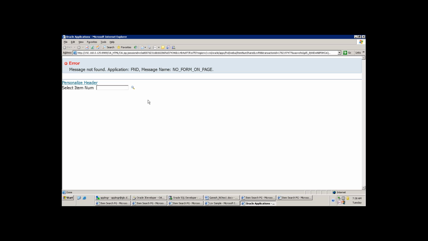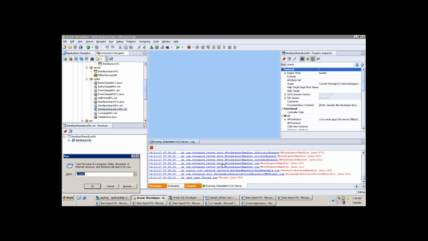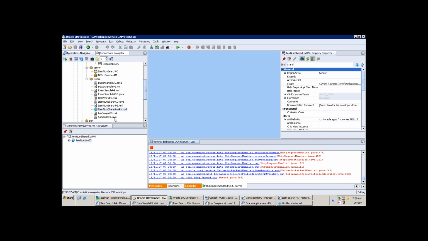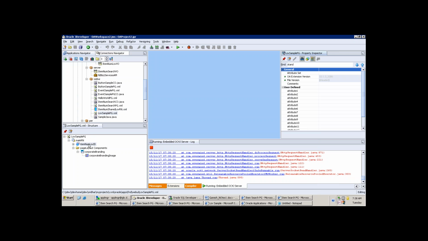Of course it is giving some error, but what you do is just copy the region path. This is the region path. Copy this region path, and what we do is, in our LOV sample query, in the item number search page,